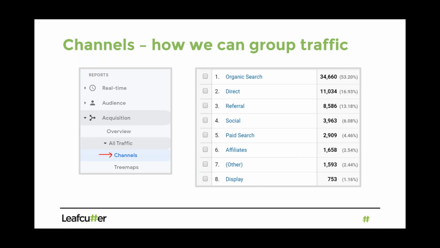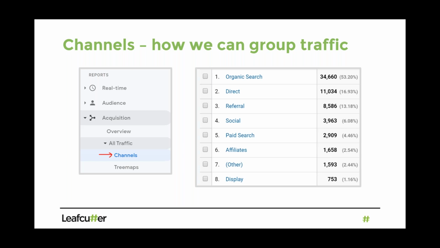All right, so we've got these kind of 5 values: source, medium, campaign, content, and term. And then we have a channel. Now channel, and when you go into the reports, there's acquisition, all traffic, and channels. A channel is just this kind of big grouping of all that traffic together. And there are 9 channels that are set up by default in every Google Analytics account. Really important about channels is they don't have to just be 9. Like, you can totally customize these. These are just the 9 that Google came up with to work for everybody.